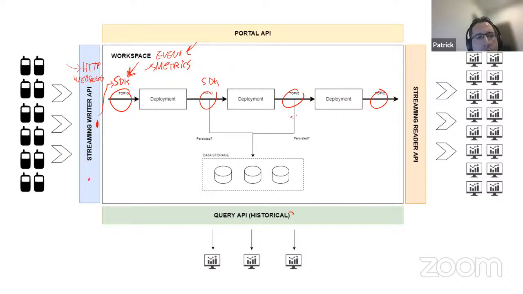It's worth mentioning that when you create a workspace in Quix, we create these APIs for each workspace. So all of them are independent of each other. If you have, for instance, a developer workspace and another that is a production workspace, you can be sure that your development workspace is not going to affect the performance of your production one. We create these services out of the box each time you create a new workspace.